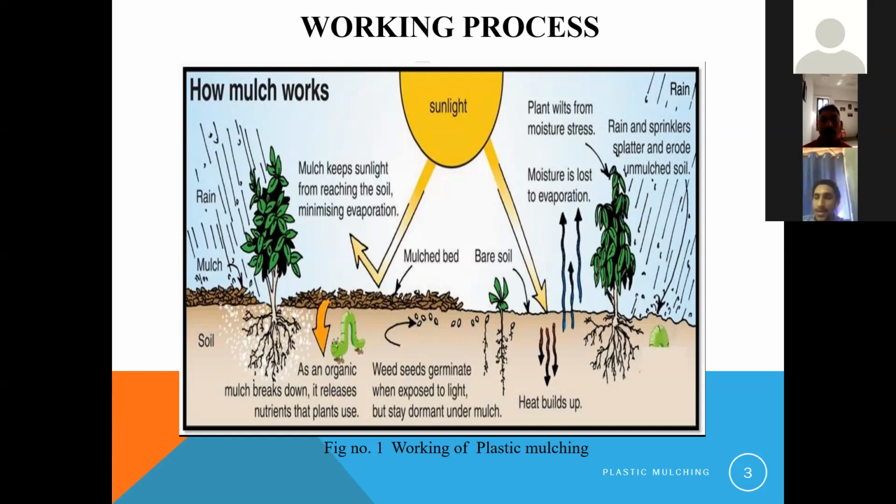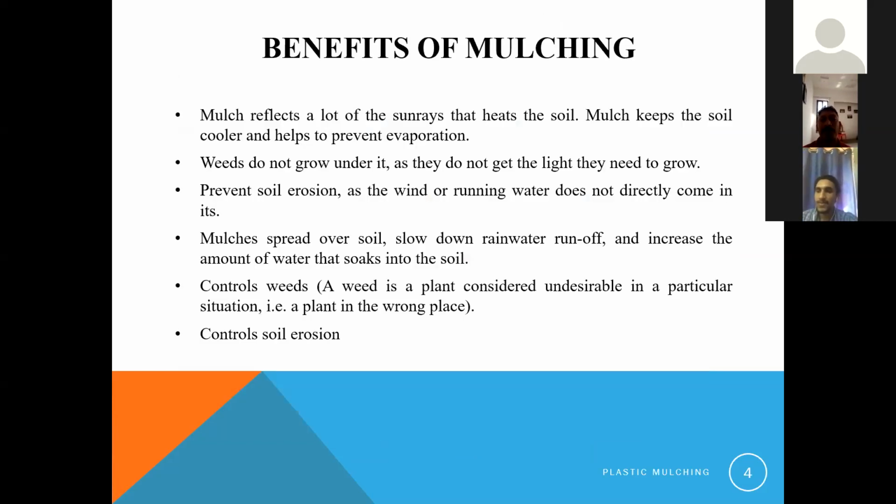The next slide is benefits of mulching. So for soil, mulch keeps the soil cooler and helps to prevent evaporation. Second point is weeds do not grow under it as they do not get the light they need to grow.